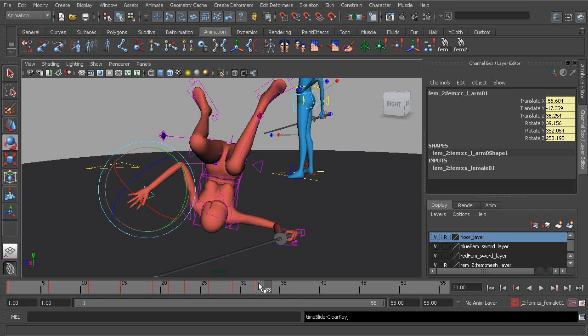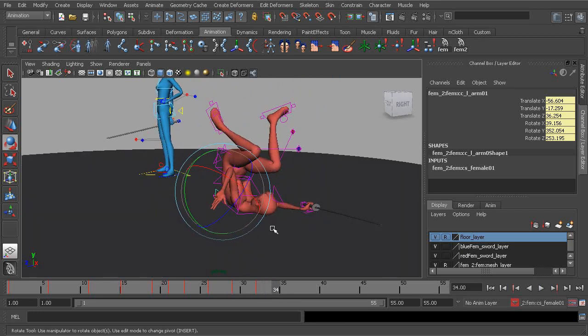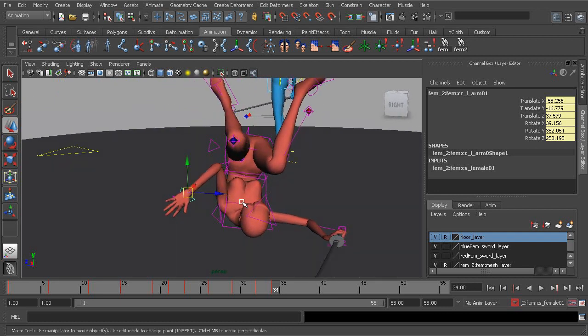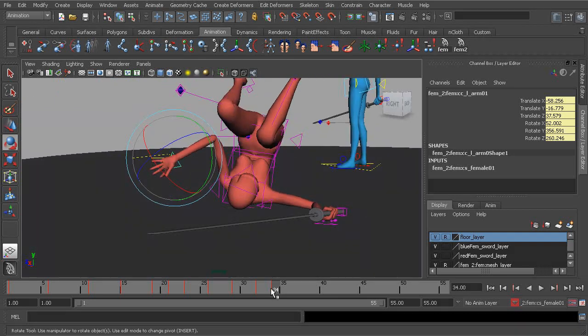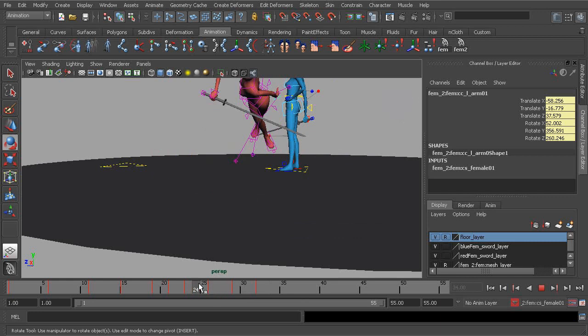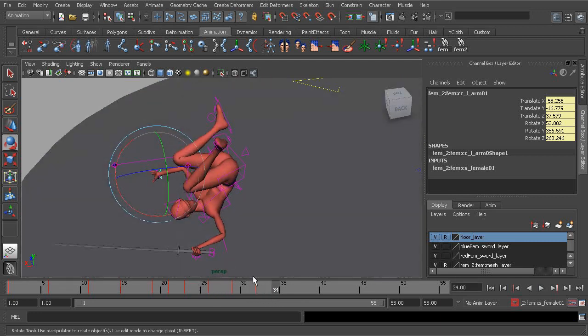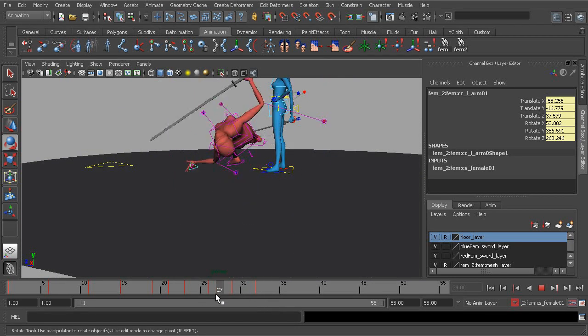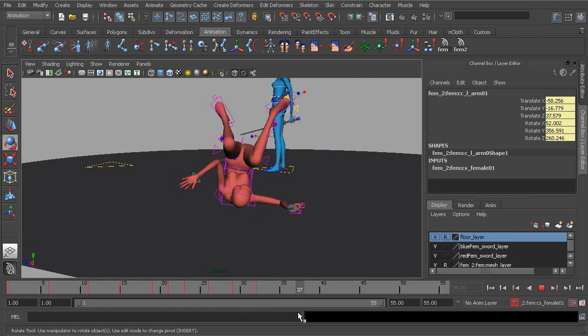Okay. Might even want to bring that over a little bit more, the left arm. Just taking a look at the flow as we scrub back and forth. Looks like we can bring it over more to make sure it doesn't lag too far behind. Great. All right, so at this point, we can go ahead and add our last pose, where she comes to